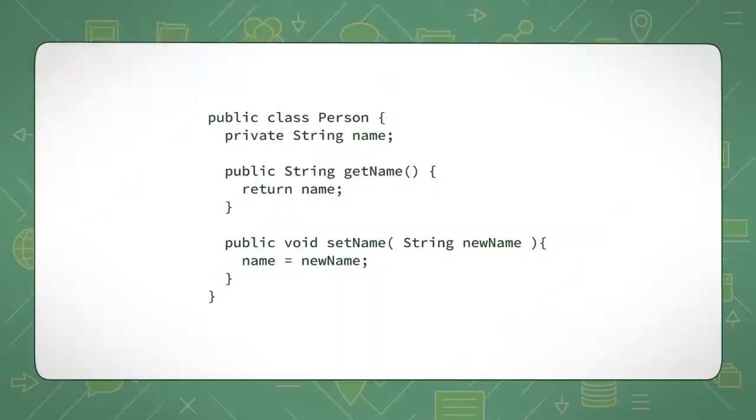There are many possible data points that are relevant to a person. The most basic of those are a person's name. In our code, you should have one private attribute that represents a person's name. This attribute can only be accessed via a public method to hide it from direct access by outside classes.